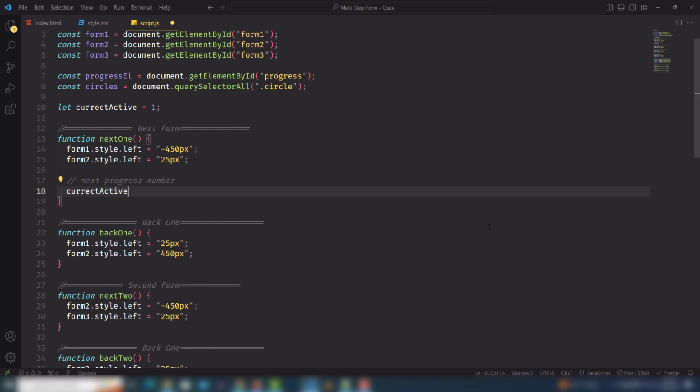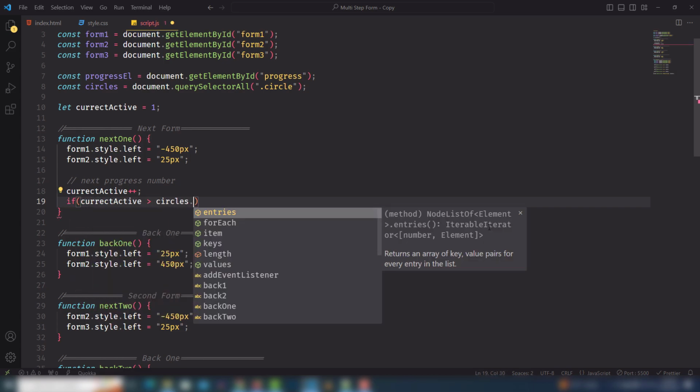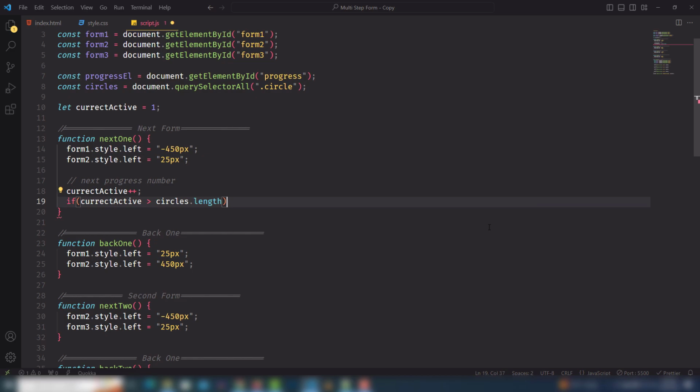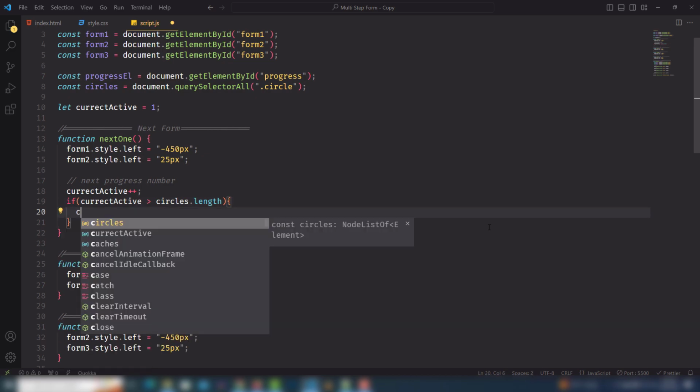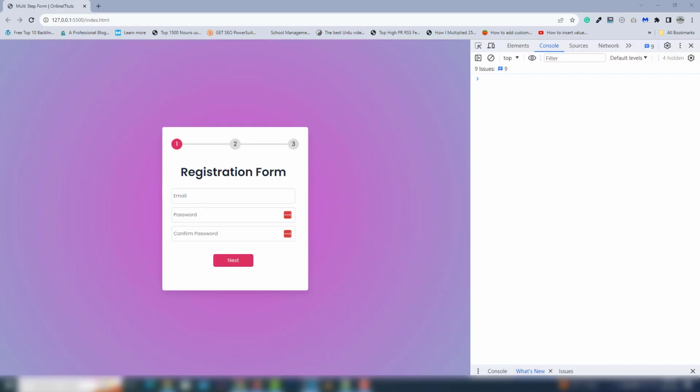Then when it will click on the next one, then increment 1 value, right? And after that I need to use if current active greater than the circles dot length, then come into the if body. Inside that I need to select the complete values from the circle dot length. So first we're going to set, let's see,